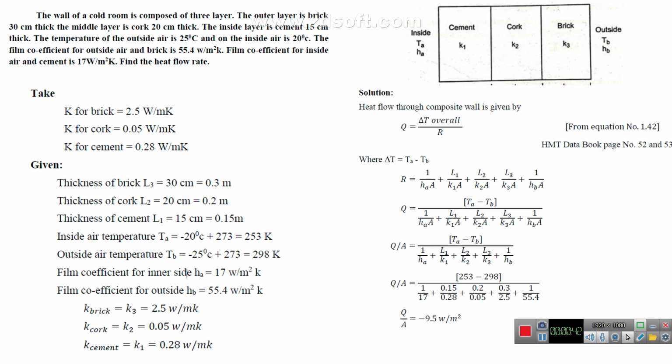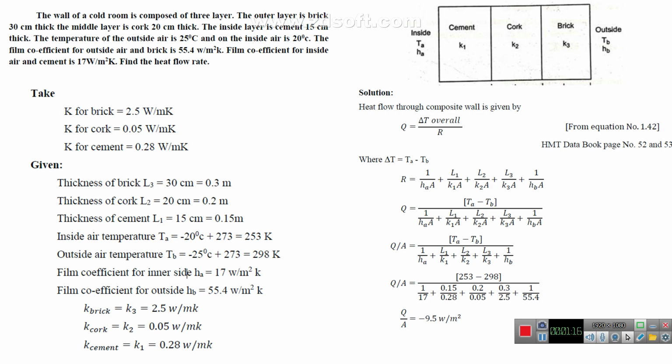So first we are going to read the problem. We are solving the composite problem. We have three layers: cement, cork, and brick. These are the different materials, and each has a different length of wall. Okay, so one by one we are going to see. The wall of the cold room is composed of